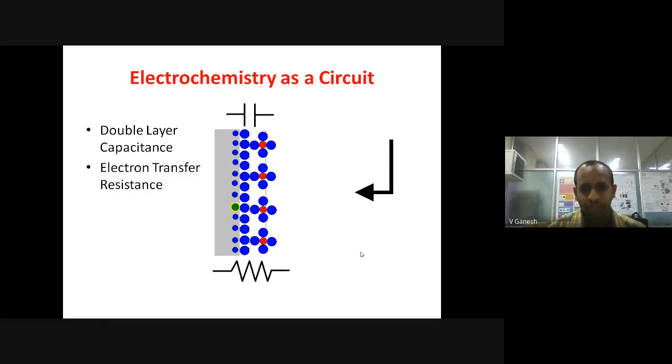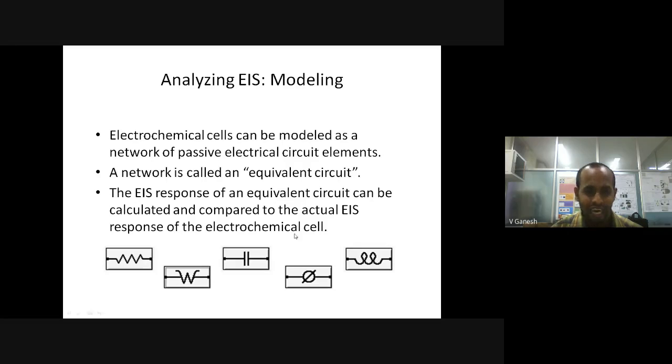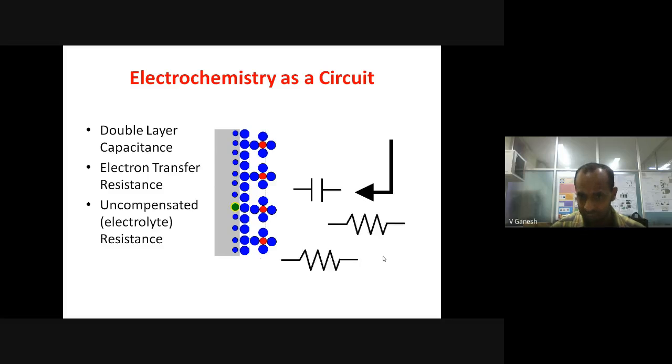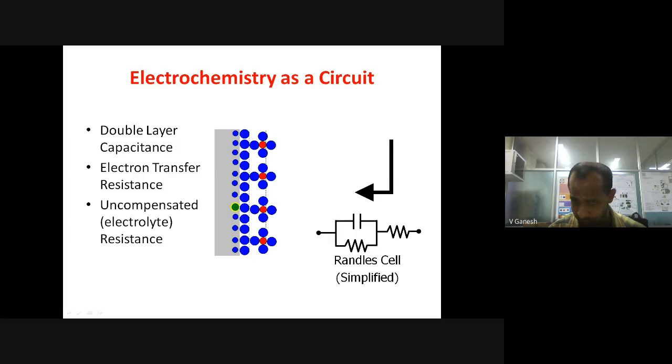So that's why, I'll go back a few slides. That's why you would use many different circuit elements like resistor, capacitor, Warburg impedance, a constant phase element, inductor, etc. Now, in the case of a semicircle, if you observe a perfect semicircle, then you can fit capacitance as your interfacial parameter. But if you don't get a perfect semicircle, suppose you get a depressed semicircle, then you can fit what